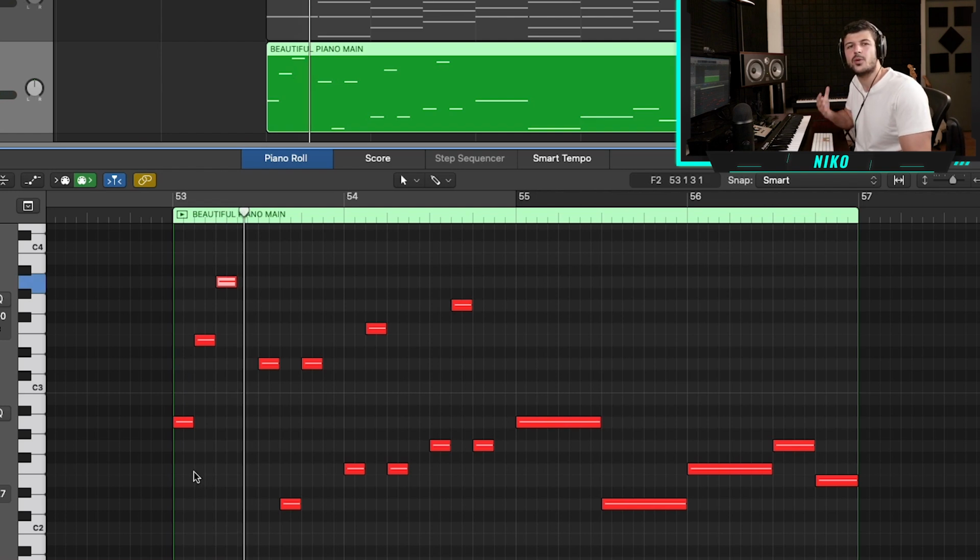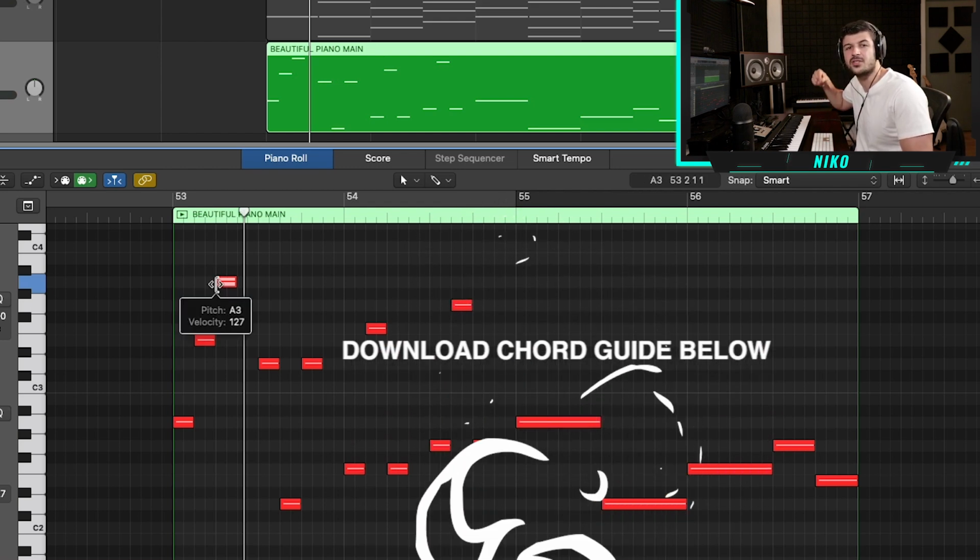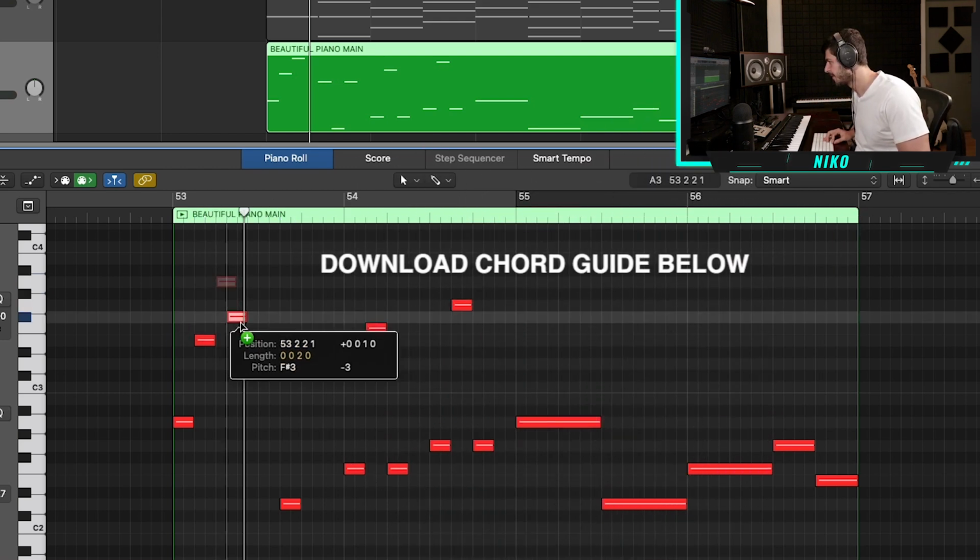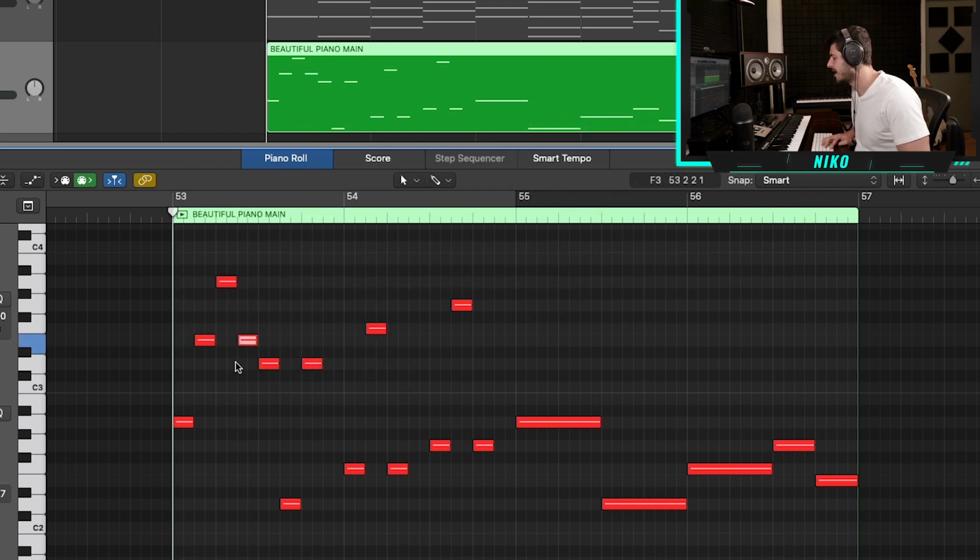And the reason why is it's still part of the A minor chord. So we're using a power octave chord. And there's a chord guide down below to download all the chord strategies. And I'm gonna come back to the E here. So if you listen in,